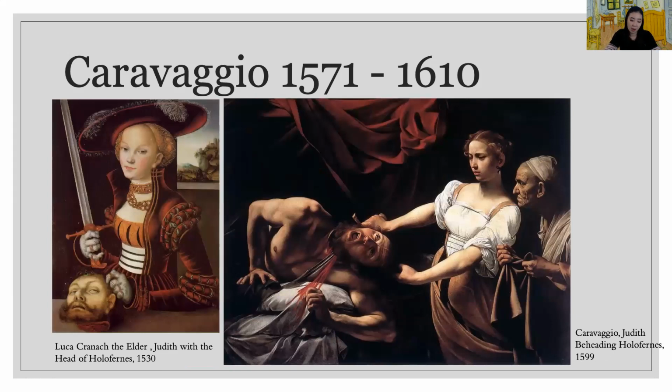The same topic was depicted in the Renaissance era, which is the left painting. And Judith in the left painting looks very peaceful and calm. It is hard to believe that she is after the battle. She looks even elegant. On the other hand, Caravaggio's painting is dramatic and dynamic with lots of detailed description. It is capturing the moment of the event.